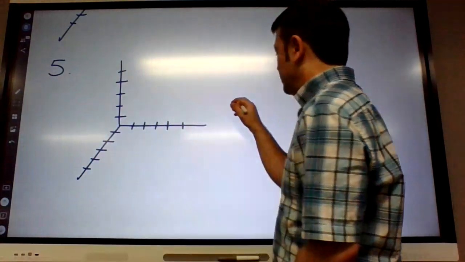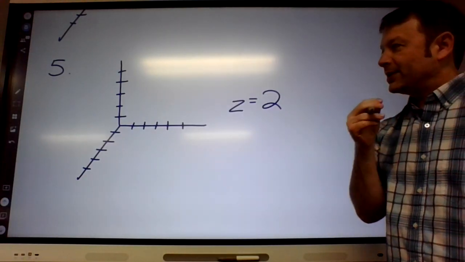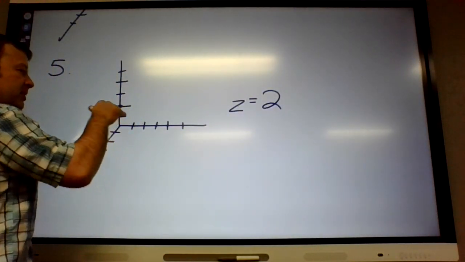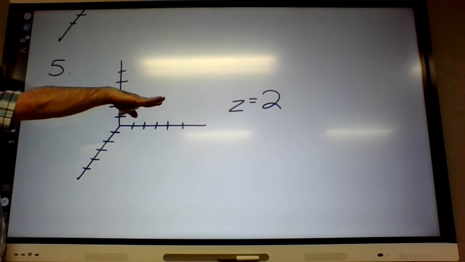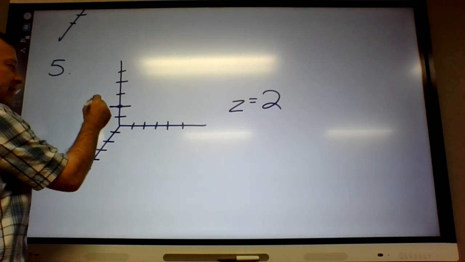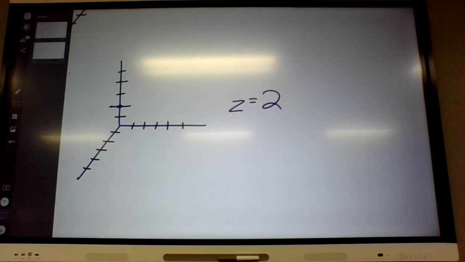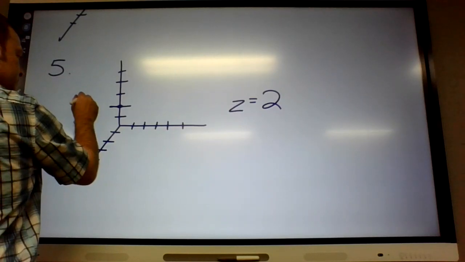Okay, so number 5 and 6. We're supposed to graph z equals 2. So where are all those z values equal to 2 at? Well, here's 2 on the z-axis, but really all of the z values on this plane, like right there, will be 2. So it's a plane that's kind of flat. Now, how are we going to draw that? A good picture for it is on the top of page 453. They got z equals 2, y equals 3, and x equals something. So anyway, the way we draw a plane is kind of make a